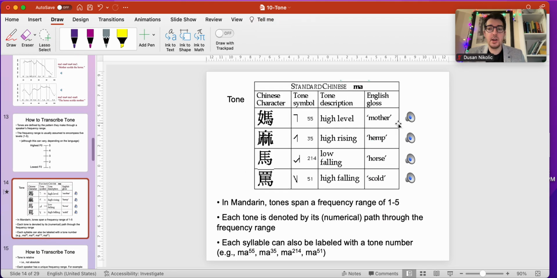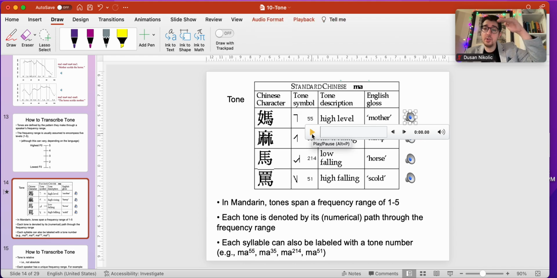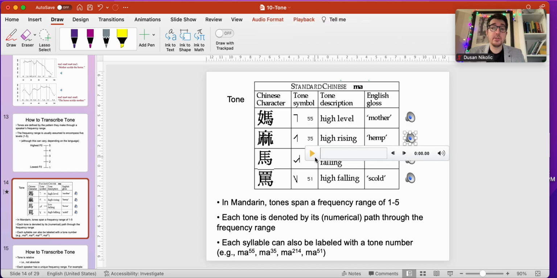Okay. Now, if you know that, and you know that your frequency range is that high, you can maybe try to produce it. 妈 Ma, or ma, for me. Now, 35 is a high rising tone, or not 35, sorry, 3-5. It's better to call it like this. So 5-5, 3-5. 3-5 means that you are in the mid range and you're rising towards the high end of your range. So you would say 妈 ma, something like that, 妈, rising your tone, as if asking, sort of,